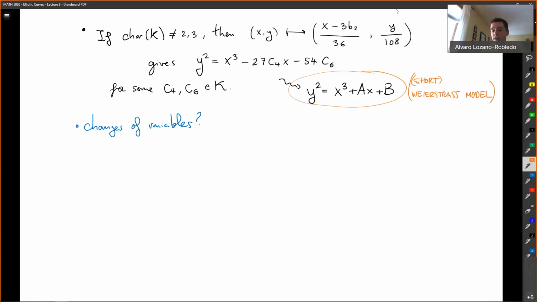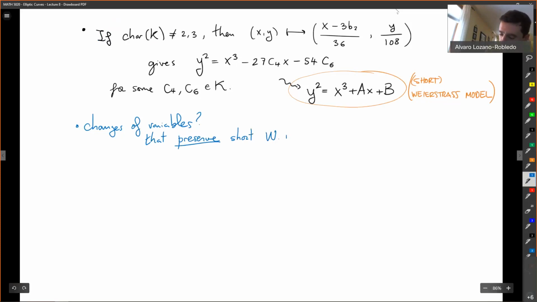So the changes of variables that preserve short Weierstrass forms have to be linear because of the Riemann-Roch theorem result, one of the 3 corollaries we proved last time. But they actually also have to preserve the short Weierstrass form. Then they have to be linear with no constant terms. So they have to be of the form